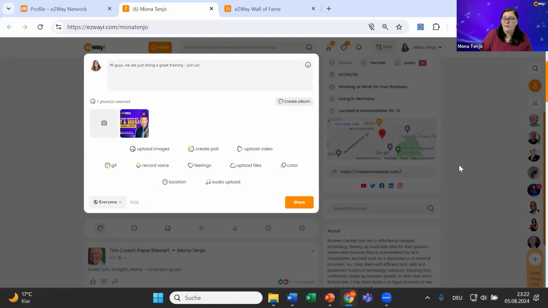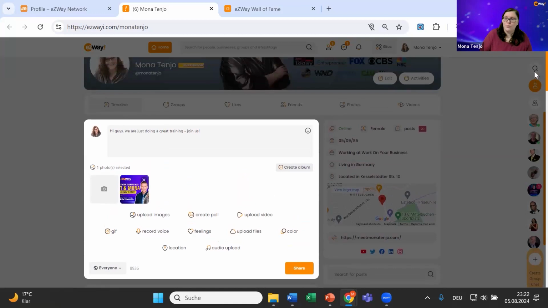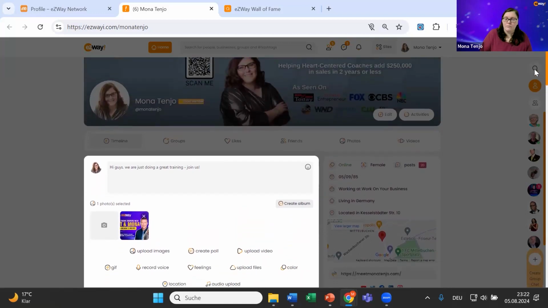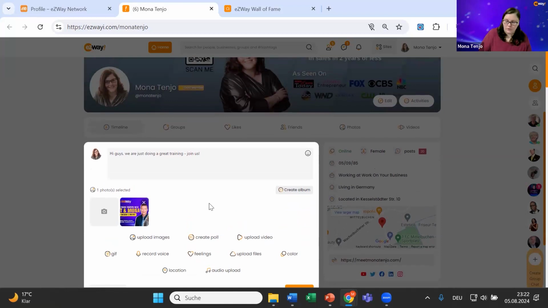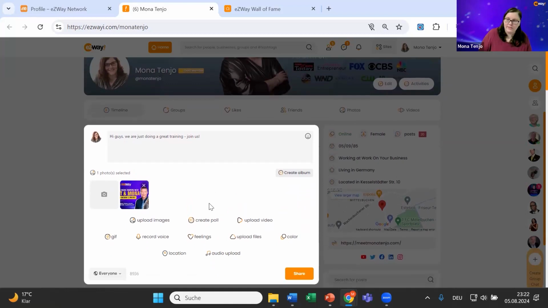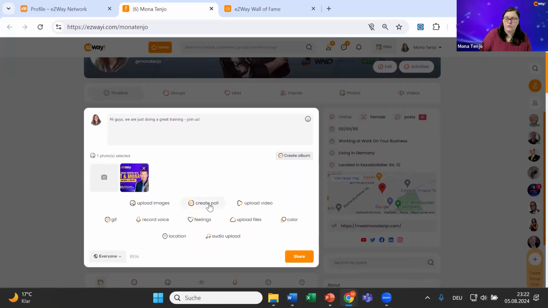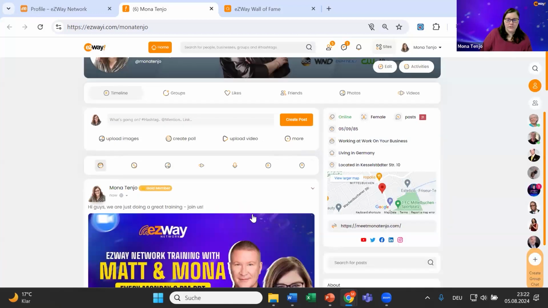So what I just did, I can move up and down, right? Sometimes you may have a view like this, and you're wondering, where do I post? Okay, that can happen. That's okay. Just scroll a little bit down, or just press the down key on your keyboard, and then you also move the screen down. There has to be a share button somewhere. If you don't see it, just scroll a bit down. It is there. And now, once you have shared your post, you have a lot of options.